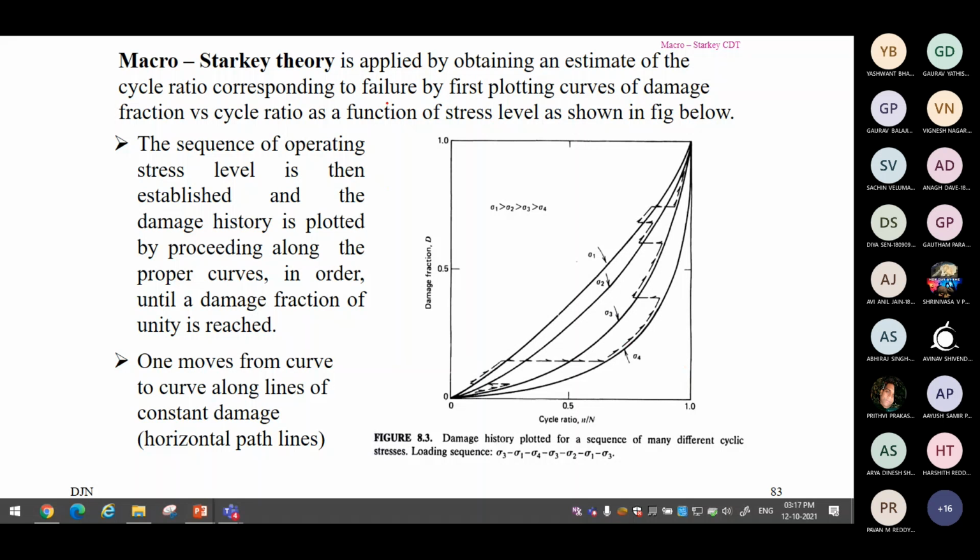So here a graph is shown for the Markov-Starkey theory. For each stress value, how the damage is going to occur, that we will plot over the graph. For each stress value, say in the previous problem we had 22,000 pounds of load. You apply this load and determine how the damage is progressing in the material. AISI 4340 steel was the given material. Applied load was 22,000 pound. When you apply this load alone, how the damage is propagating in the material.